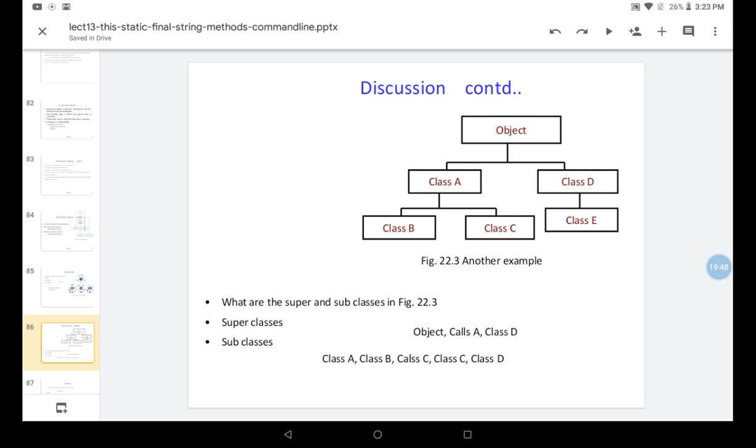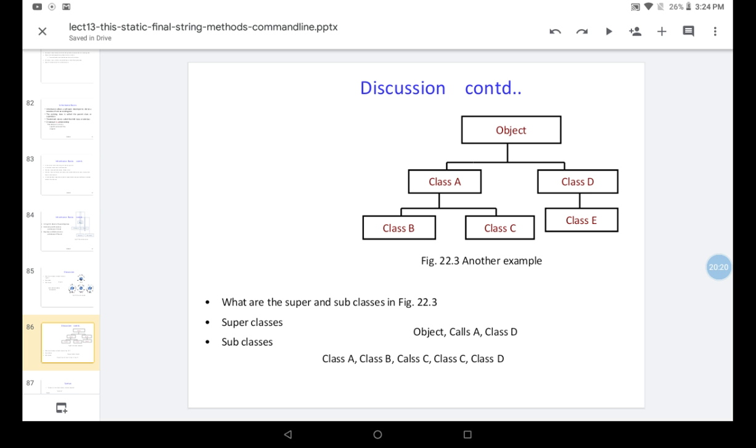If you see an Object that is divided into class A and class D, class A is categorized into B and C, and D into E. What are the superclasses here? Object is a superclass, class A is a superclass, class D is a superclass. As I told you, one child becomes a parent, and like that the hierarchy goes on.